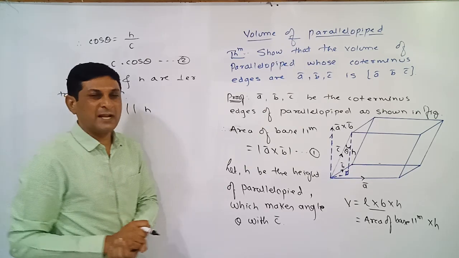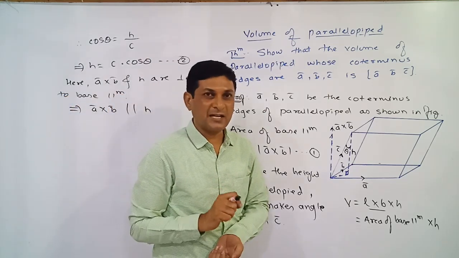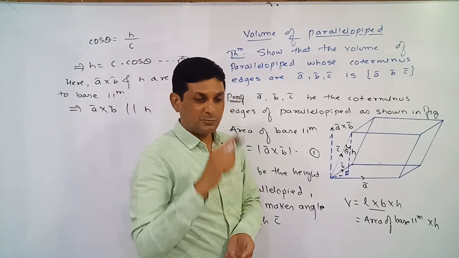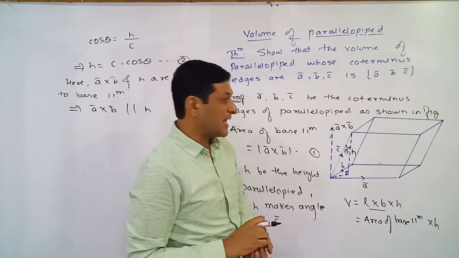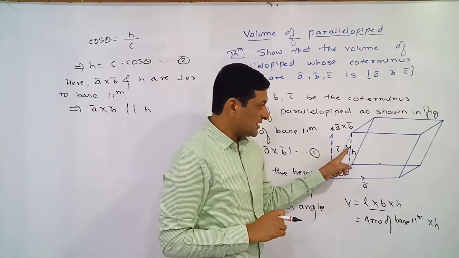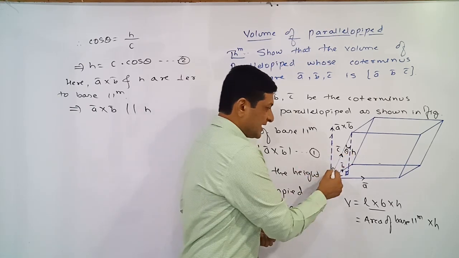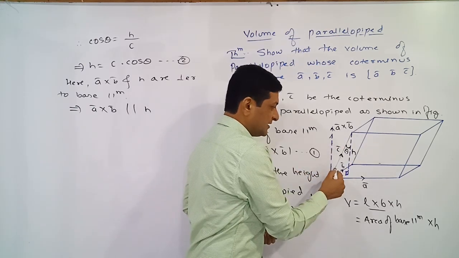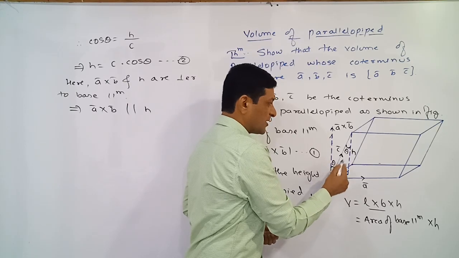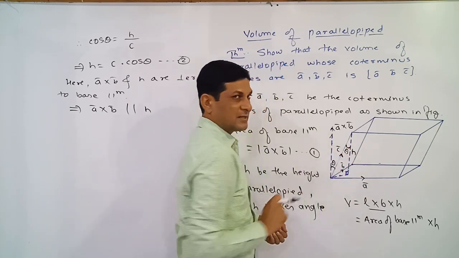And we know that if two lines are parallel to each other, then the pair of alternate angles are equal. So here theta is the angle between h and C bar. And can I say that if these two lines are parallel, then this angle is also equal to theta, because this is a pair of alternate angles.